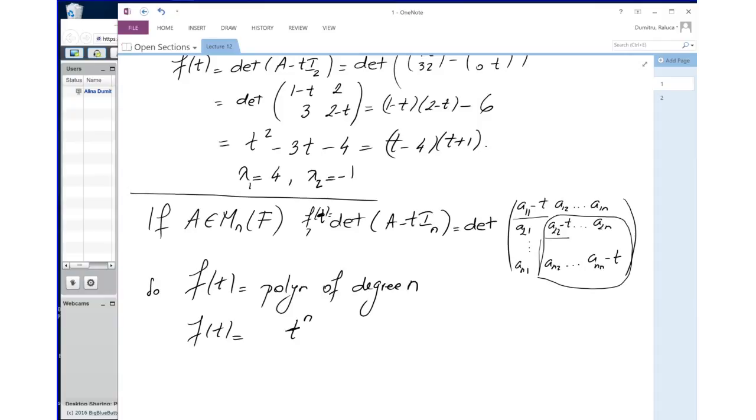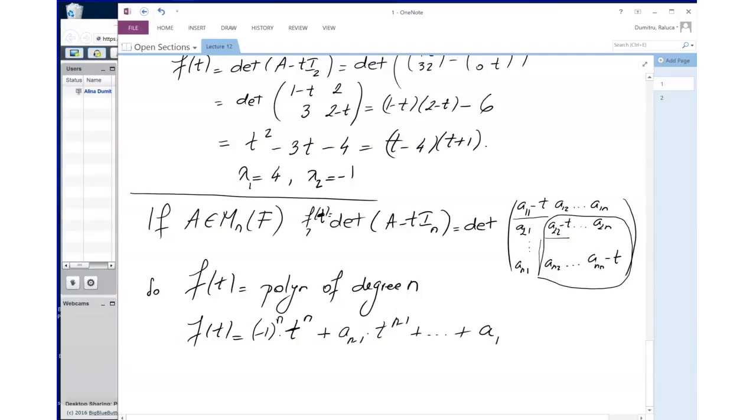And t to the power n will have the coefficient negative 1 times negative 1 times negative 1, n times. So the coefficient is just negative 1 to the n. Okay. And then it would be something times t to the n minus 1